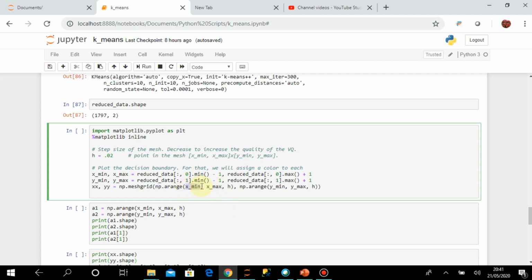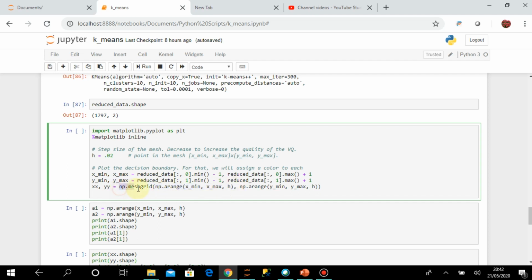So it will be the starting value, the ending value, and this h will be the step. Suppose I am sending x min equal to 1, x max equal to 10, and h equal to 2, that means the values in the array will be 1, 3, 5, 7, 9. You can try it with some values, then it will be more clear to you.